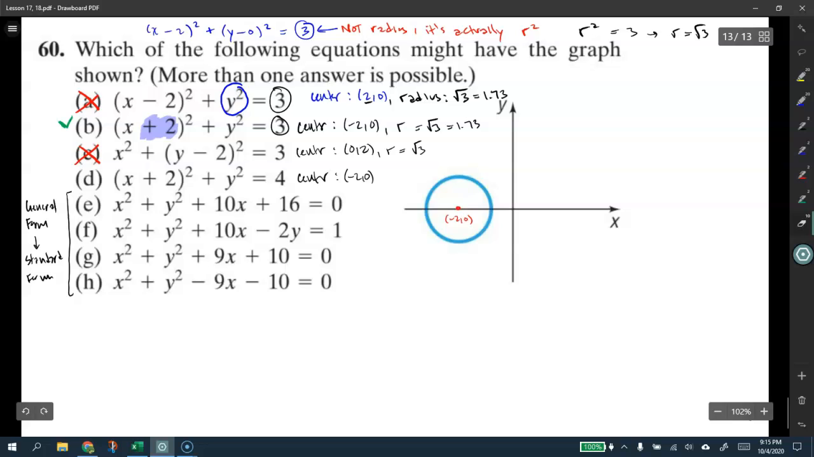What is the radius in letter D? Right? What's the radius in letter D? In letter D, the radius is actually the root of 4, and the root of 4 is 2. Now, the reason why this doesn't make sense for the drawn diagram to be belonging to the equation D is